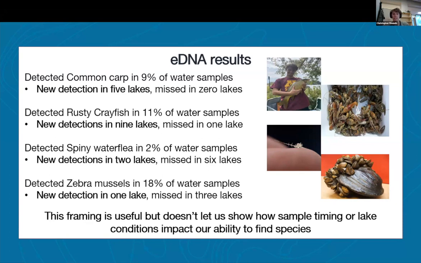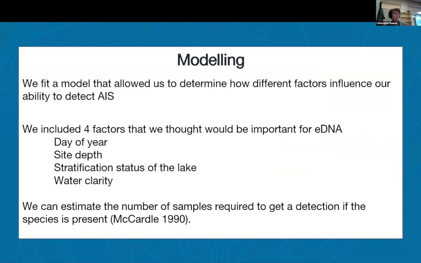But it doesn't really get to the question that we have about sample timing and when we should be sampling for these species. So getting into some of the modeling that we did, we fit a model that allowed us to determine how different factors influence our ability to detect these 4 aquatic invasive species. And these factors were day of year, which was kind of our key question. We're looking at when can we best sample these species, as well as the site depth,